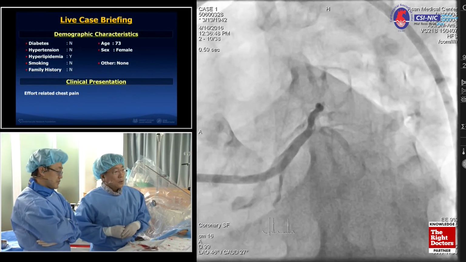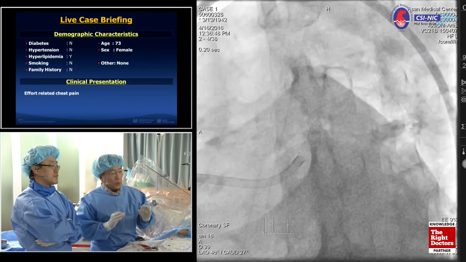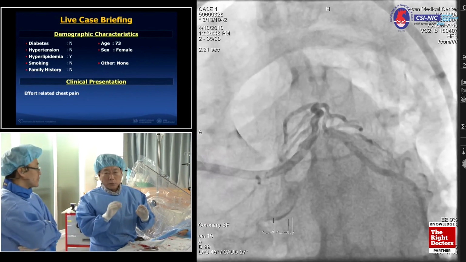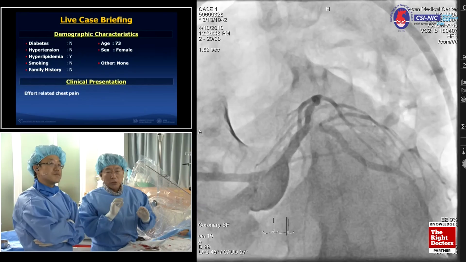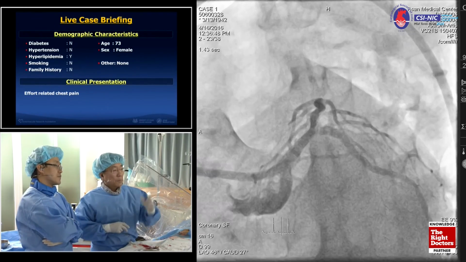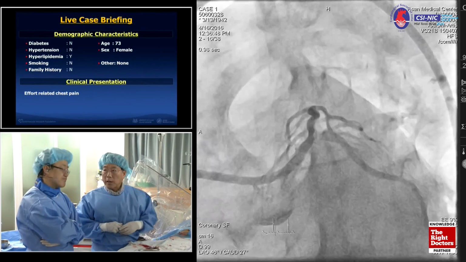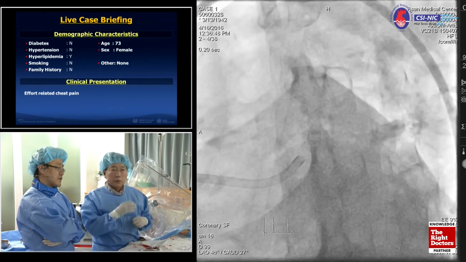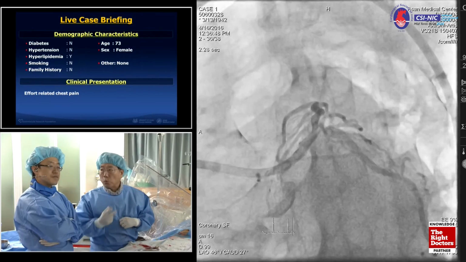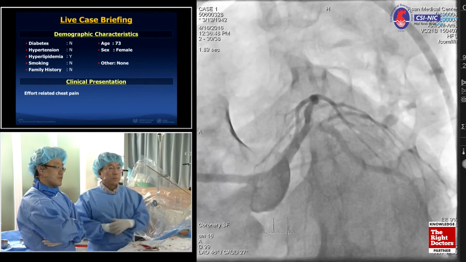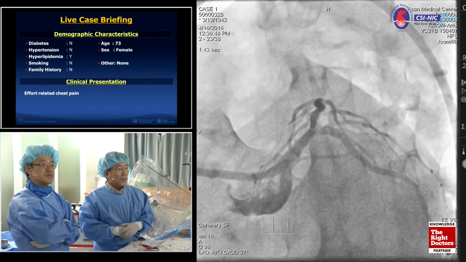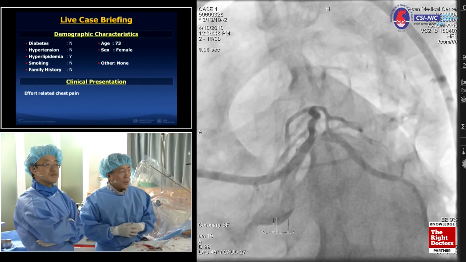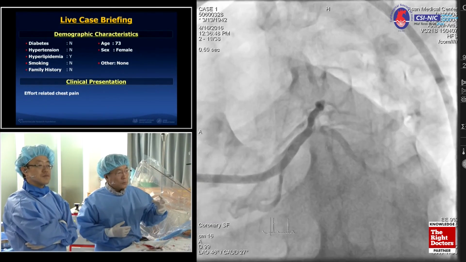So we are going to treat the restenosis of the circumflex ostium, the non-stented segment, and we have to consider again the stented segment from the LAD to the main. This is the stent crossover of the circumflex ostium. Any discussion, any suggestions?